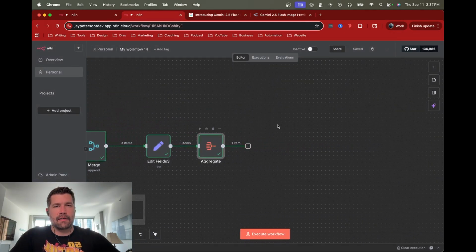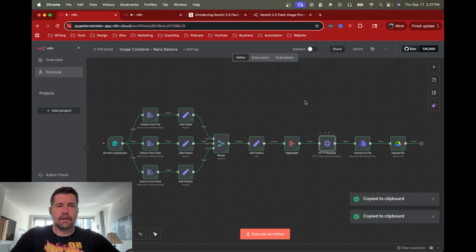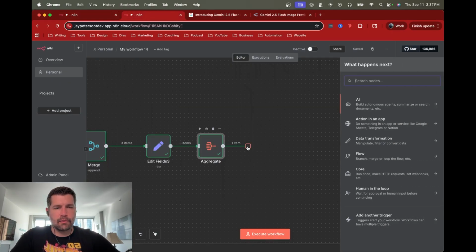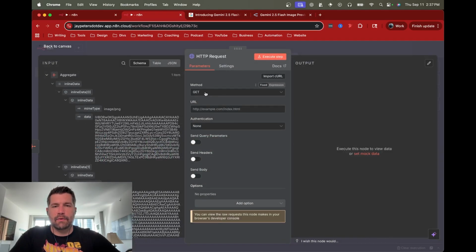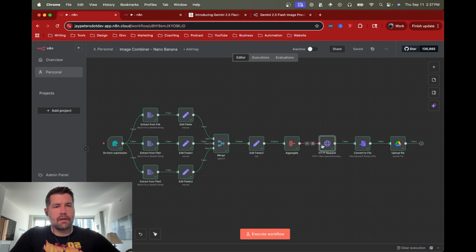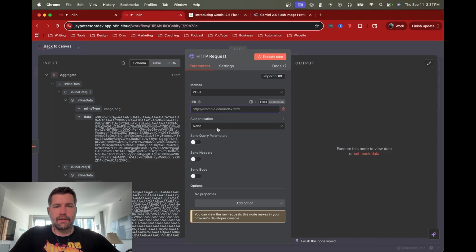And then this last part is the HTTP request node. So I'm going to copy this over, but I'll kind of walk through it. So HTTP request, like I said, we're going to call Google directly. So we're doing an HTTP request. We're doing a post, and then I'm going to grab the URL from that. So it's kind of a long one here, and you don't really have to change it if you don't want to. It should work as is, but it's basically